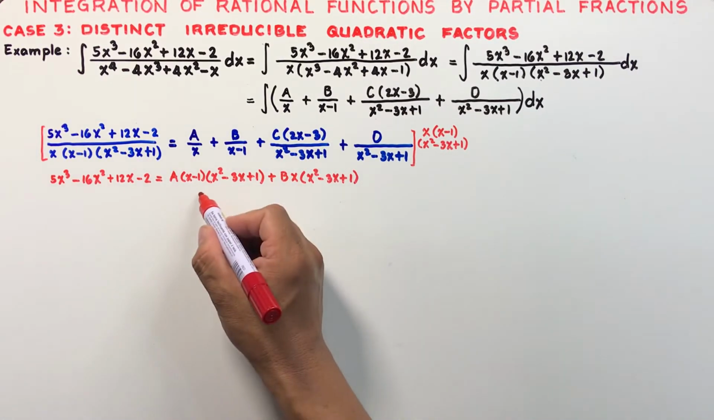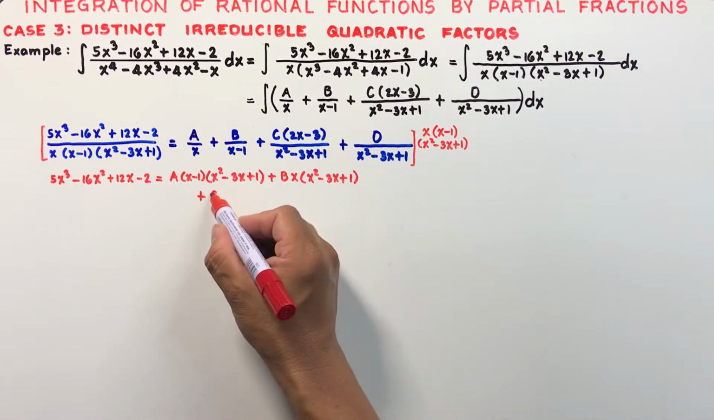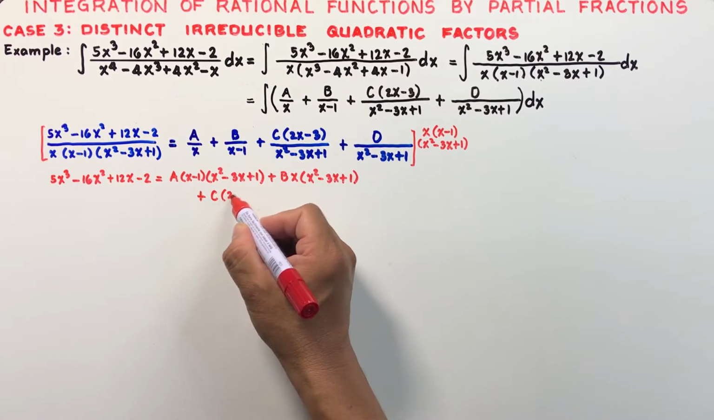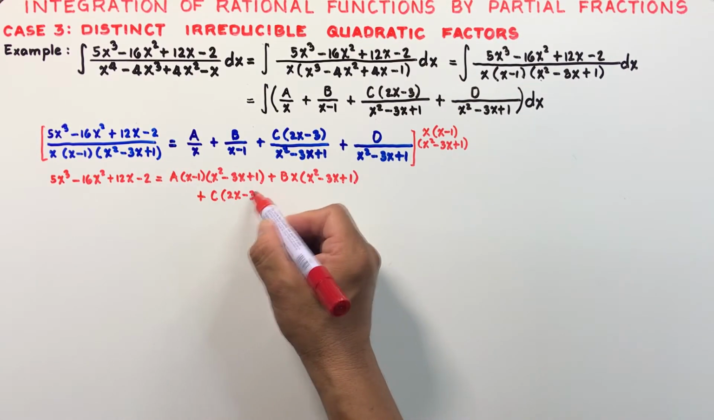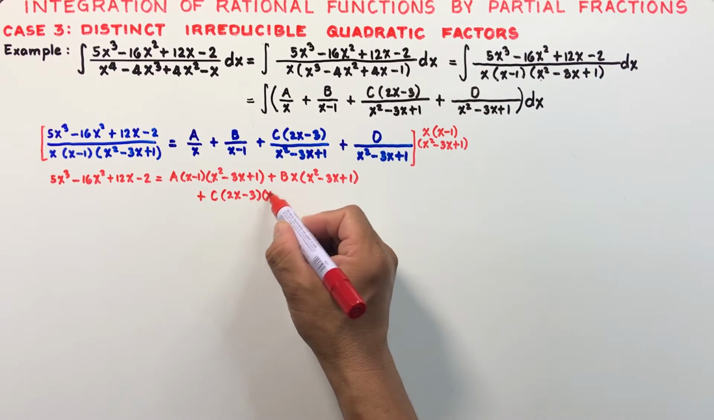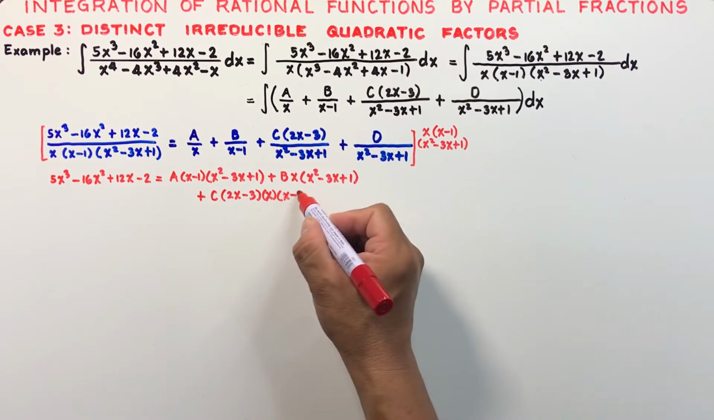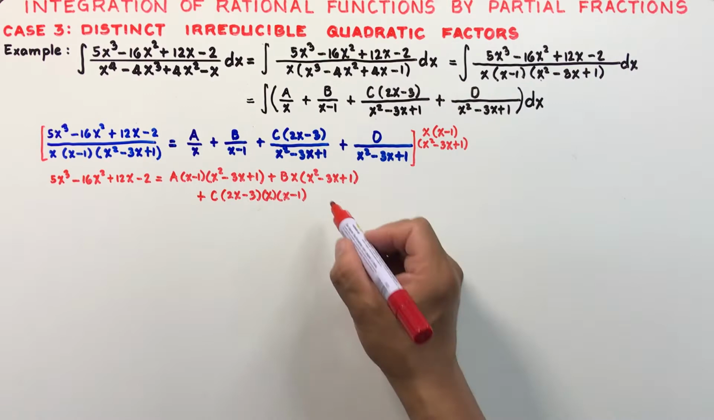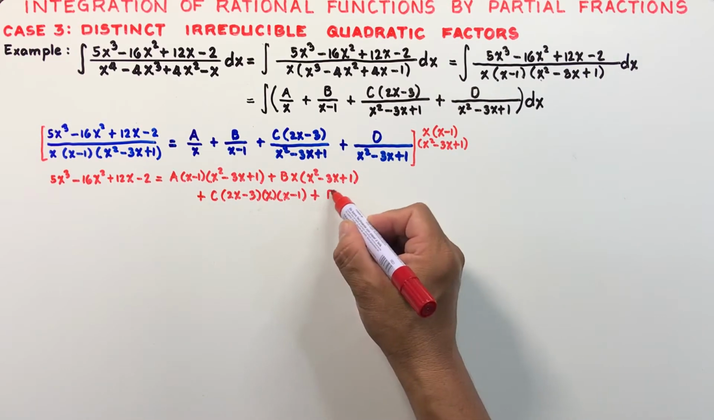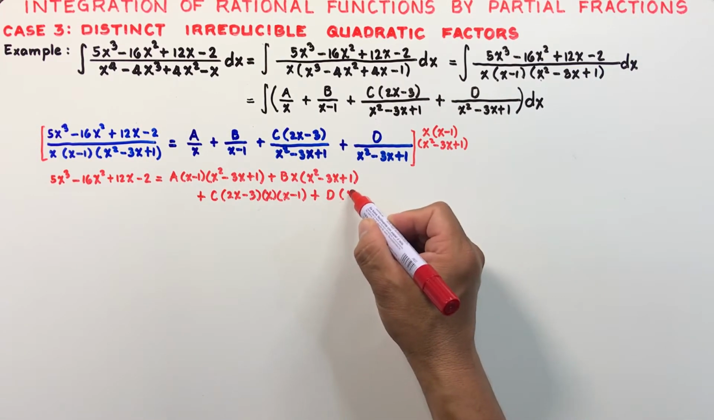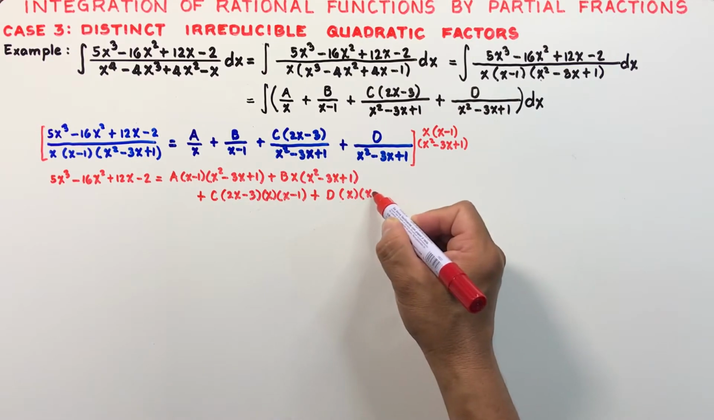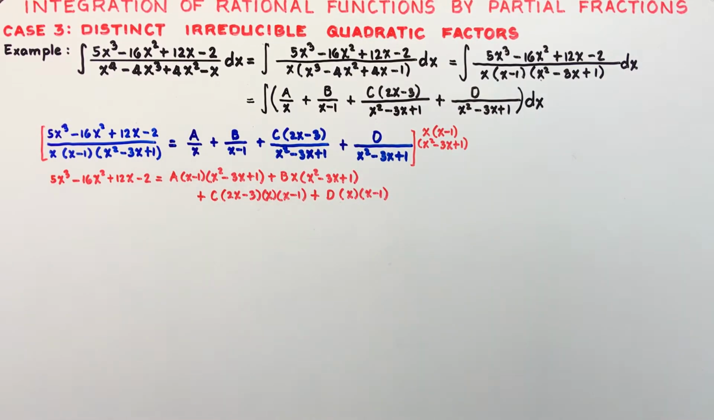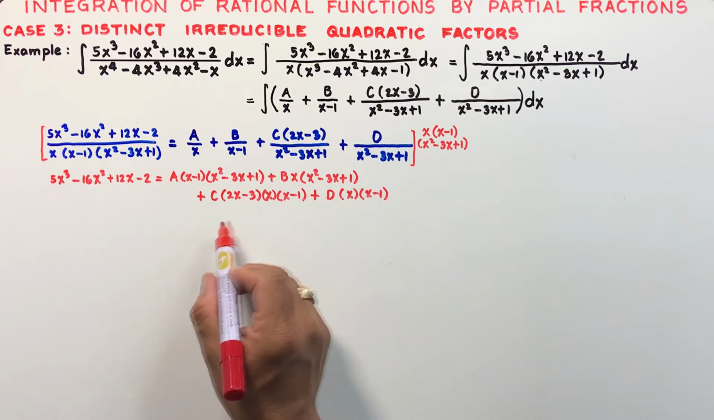And this is also added to C times 2x minus 3 times x minus 1, and plus D times x minus 1. Now multiplying these factors here, we have